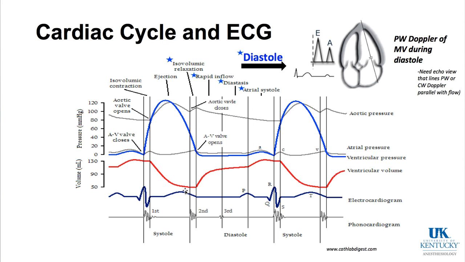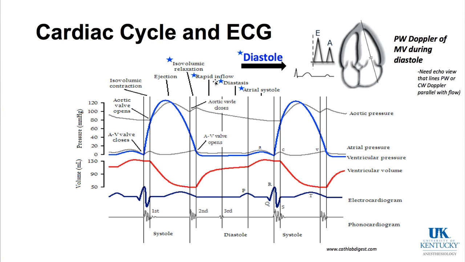Diastole starts with isovolumetric relaxation, followed by a rapid inflow across the mitral valve from the atria to the ventricle. Passive filling: as the left atrium pressure is higher than the left ventricle, the mitral valve opens, and filling occurs. Then the pressures equalize and there's a short period of diastasis where we're getting ready for atrial systole, and immediately